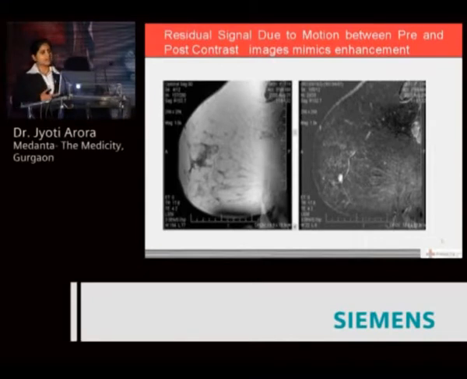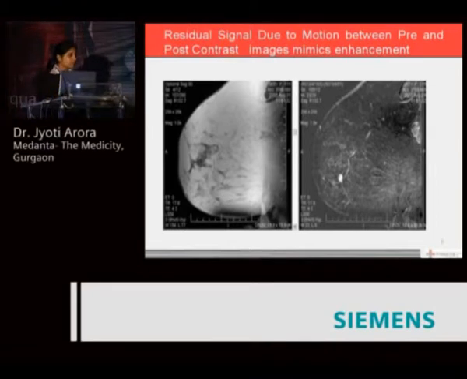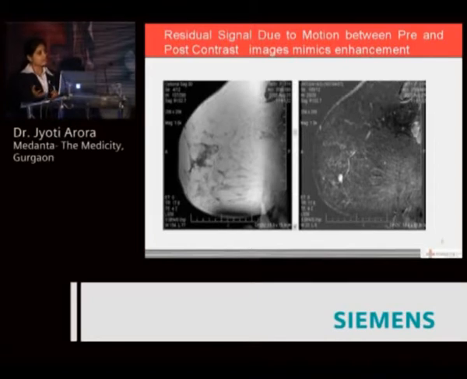When we are using the subtracted images, we have to be a little bit careful because invariably there is some amount of movement artifact. It's because of the breathing, the breast goes in and out, and as a result there's some movement artifact that's generally seen. These subtracted images produce linear artifacts which mimic enhancement. So we have to be careful. Generally they can be picked up, but at times they can pose diagnostic difficulties. That's the reason why I generally prefer T1 FAT-SAT images, but if fat suppression for some reason doesn't happen, then subtracted images can come to help.